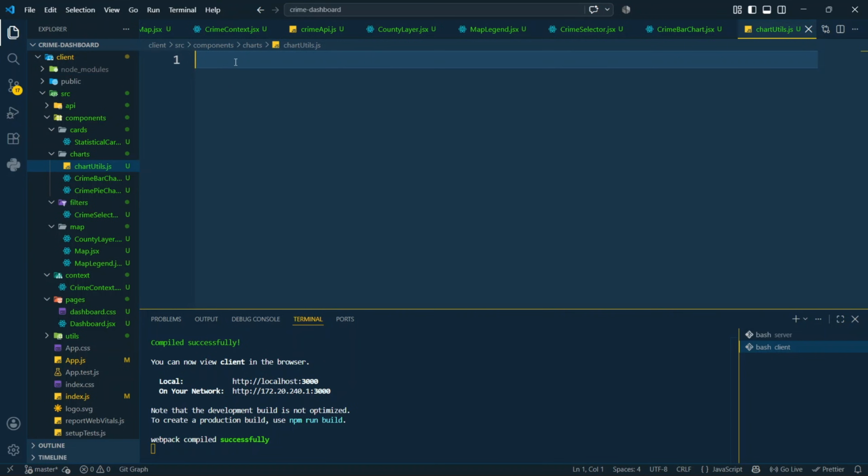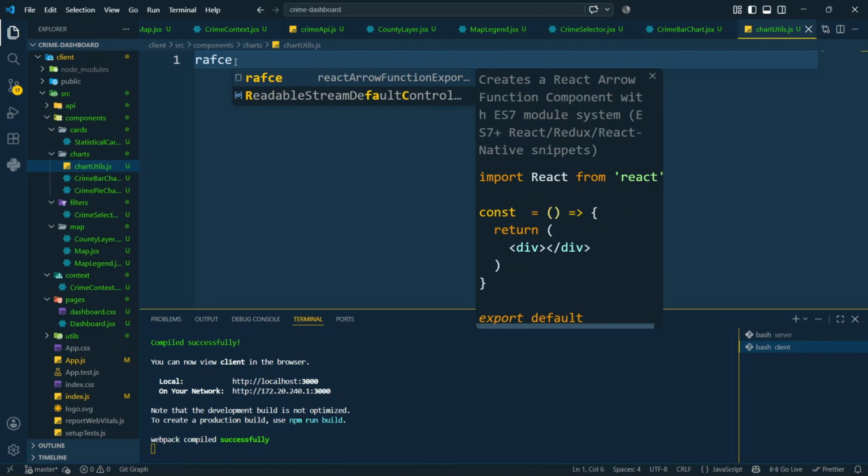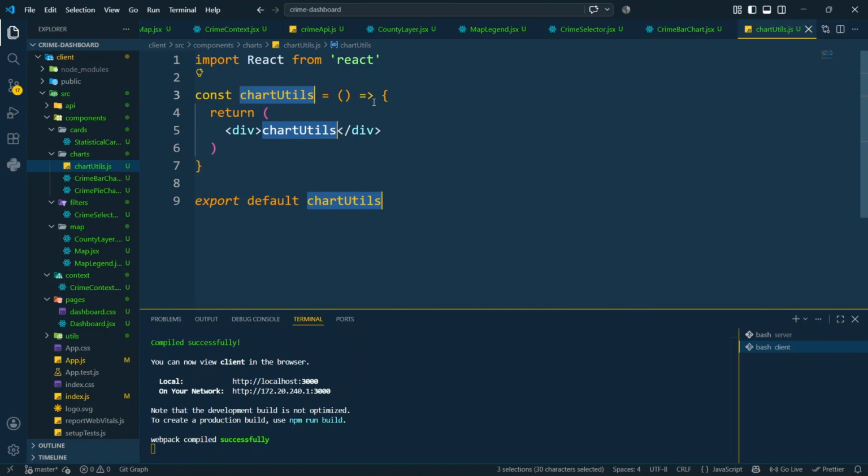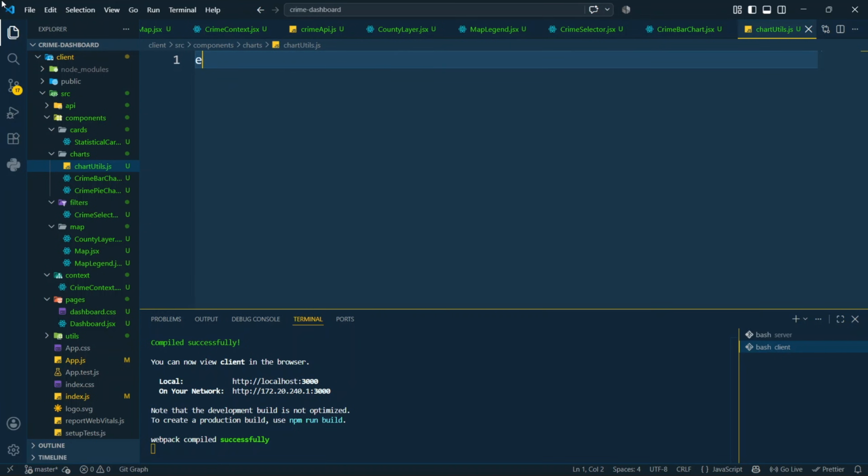So now the first thing is that we need to create this as a component, of course. So we can just say something like RAFCE, and then inside this we need to get the colors, of course. Remember, the colors are the ones we are going to use to differentiate these bar graphs or bar charts, and also the pie chart. Anyway, let's just proceed first. So inside these utilities, of course, let us not use the component way. Let us just write a function. So export function,